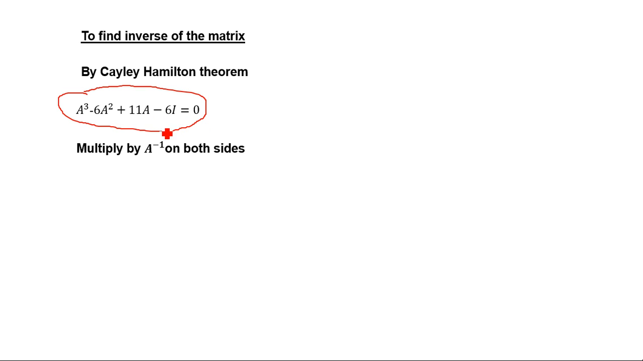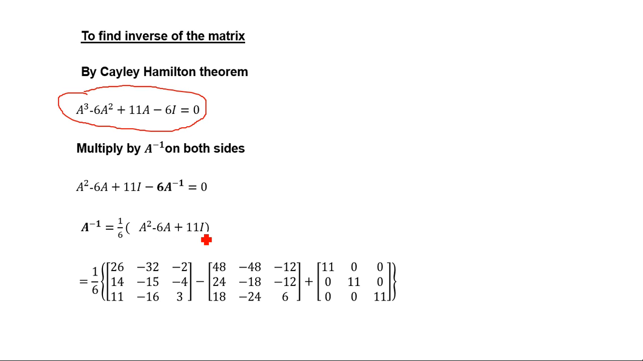Then you take that minus 6 A inverse to this side, then you will get that A inverse. So what is A inverse here? A inverse equal to 1 by 6 into A square minus 6A plus 11I. So what is the resultant solution here? 1 by 6, 26 minus 32 minus 2, 14 minus 15 minus 4, 11 minus 6, 3. That is A square. And then